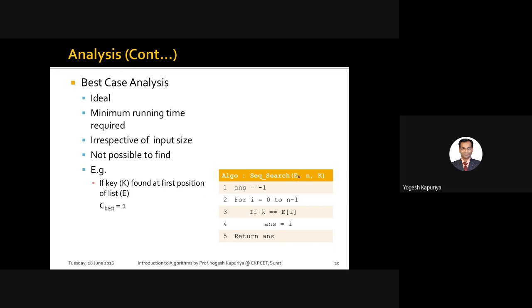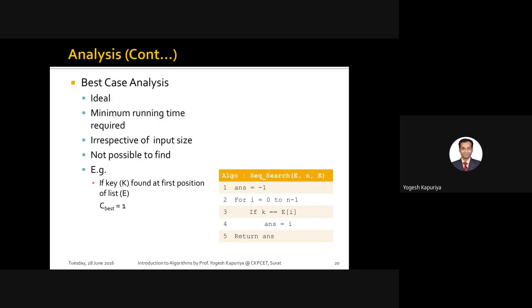When you have a sequential search algorithm, it means you have an array of numbers, and that array contains the key, the element which you are finding, at the first place. So when you have found the key at the first place, what will happen? It's the best case, because the element which you are looking for is found at the first place only.